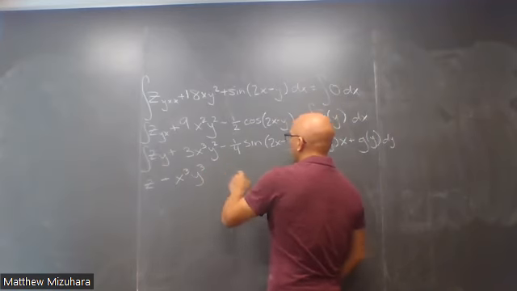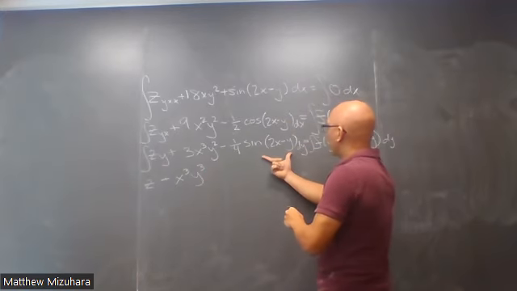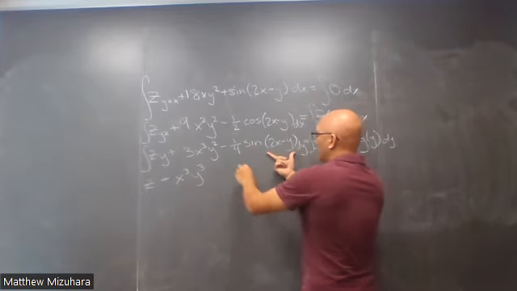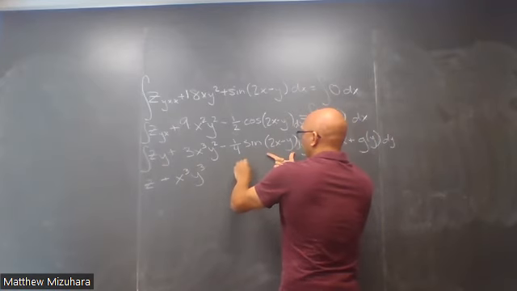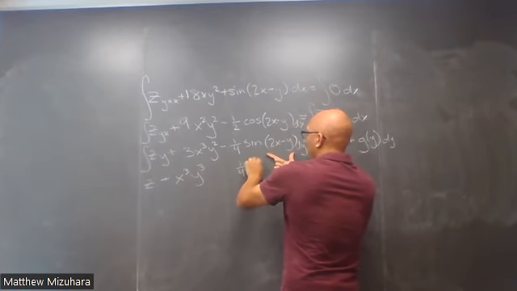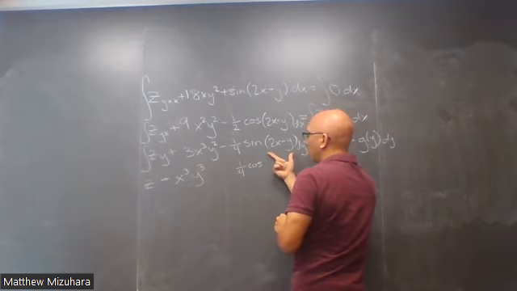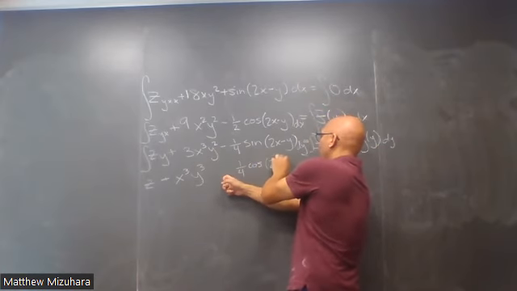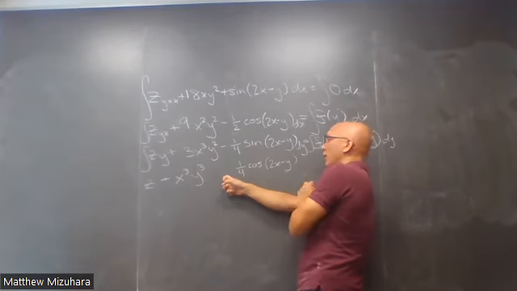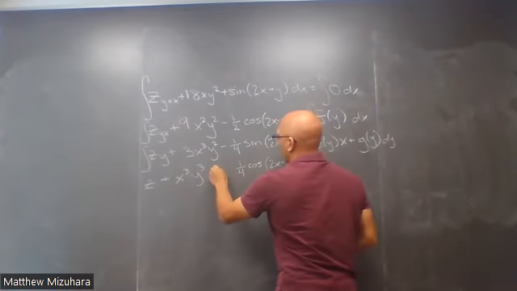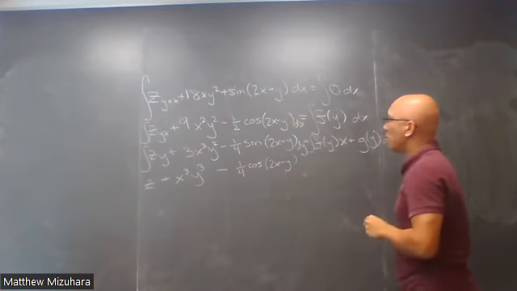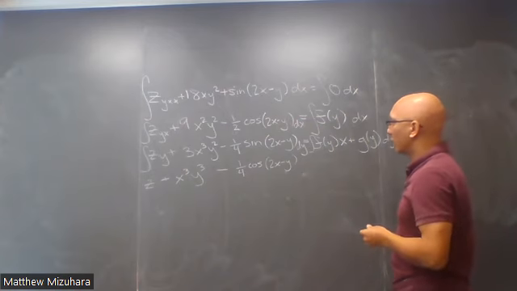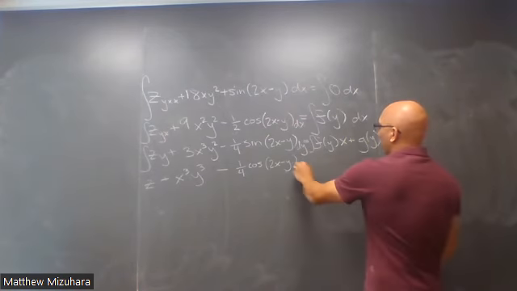And now I need an antiderivative of the sine of 2x minus y. So I'm going to be a little careful here. There's a lot of minus signs flying around. So this is going to go to a minus cosine. So this is now a plus, but I need another minus coming from the minus y if I did a u-sub. So I think overall I get a minus again. Okay. I guess to be really safe, you should do a u-sub here, just to be really careful. But this equals,